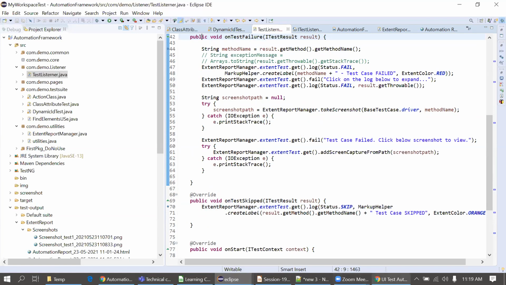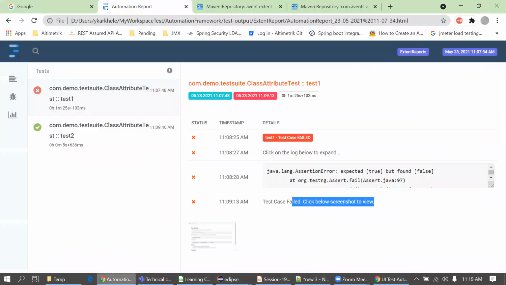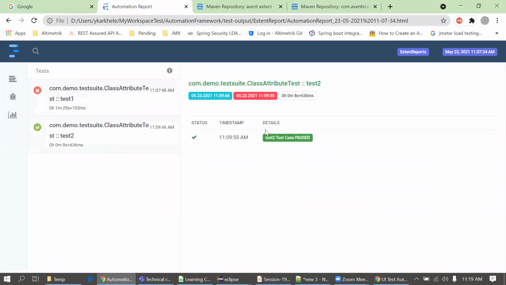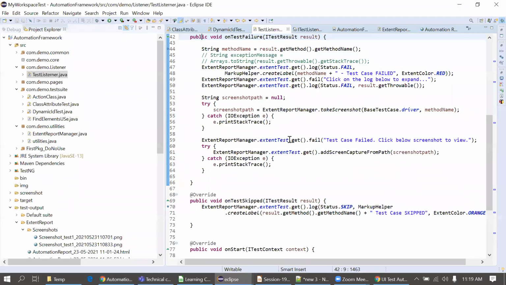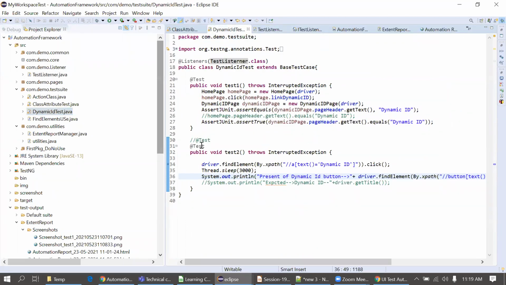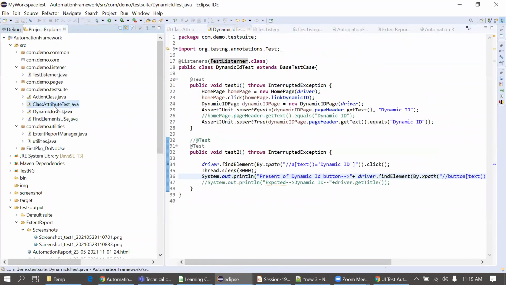Now one more thing in this report. You can see we are just passing pass or failed, but we are not passing the actions that we are performing in the steps. Suppose we click on the class attribute, navigate to the class attribute page, then verify the button. All the steps we are not mentioning in this class. That I have not done. We can do that by using this extend test. For example, if I want to print something, I will copy this extend test and go to the test here, not this class attribute test.